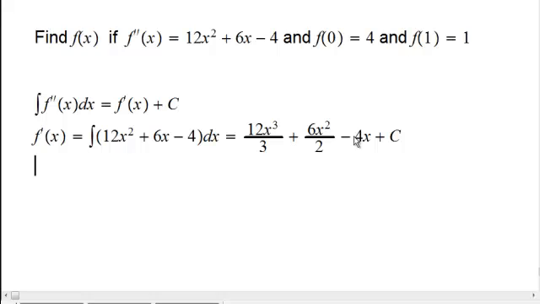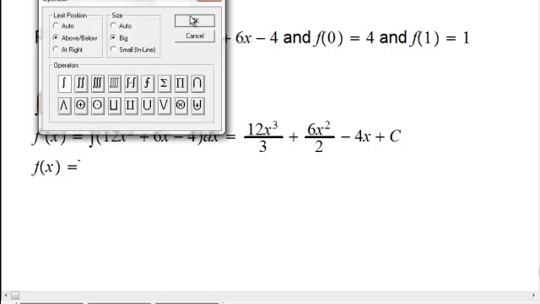Everybody good? Now, I have to find what? F of x, right? Okay, so then we have